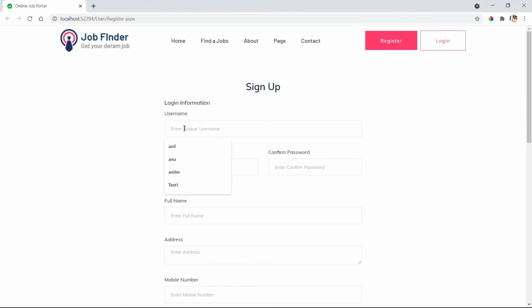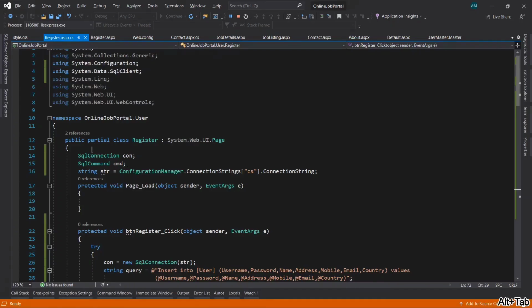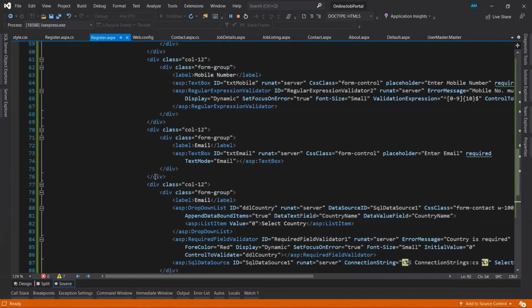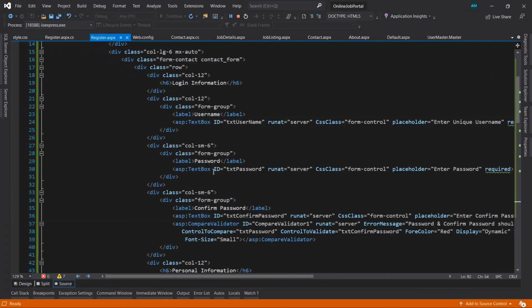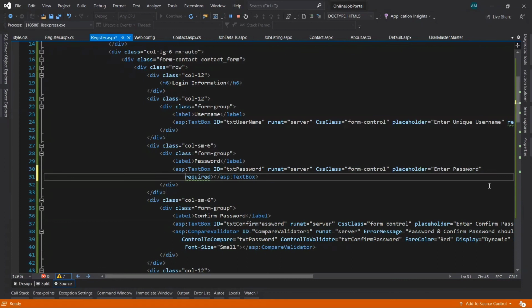Enter username. For the password, the password is visible. We want it to be hidden, like dots for the password. So let's do that first. Text mode is password.